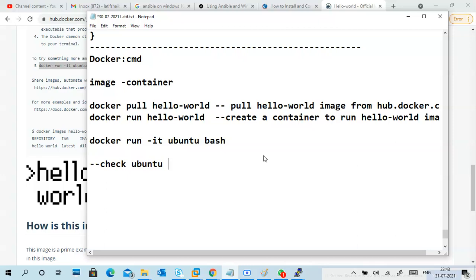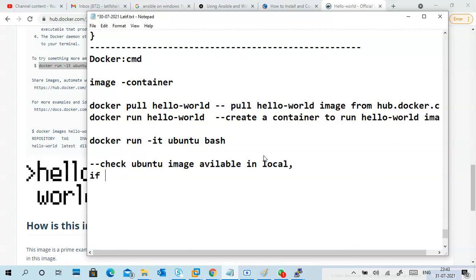So it will check whether the Ubuntu image is available in the current PC, locally.